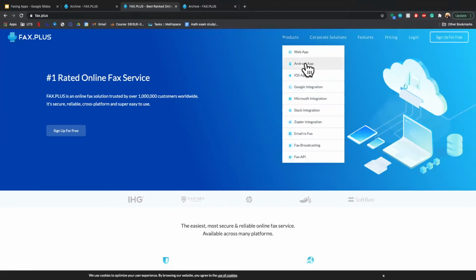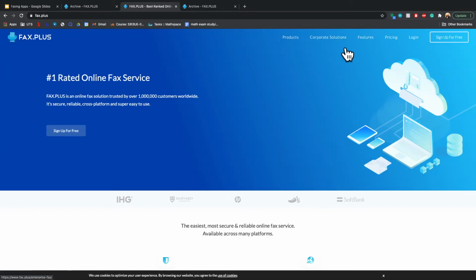There's also the Android app for your phone, and then also iOS for Apple devices, even Google integration, Microsoft integration, Slack integration, Zapier integration, email to fax, fax broadcasting, and fax API. As well, there are also corporate solutions that you can see there,